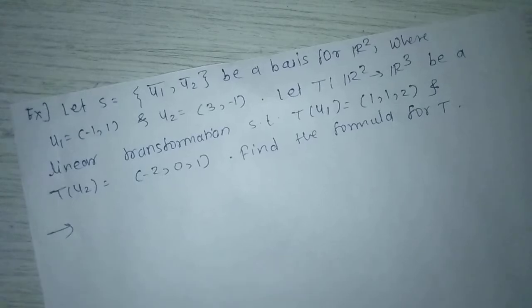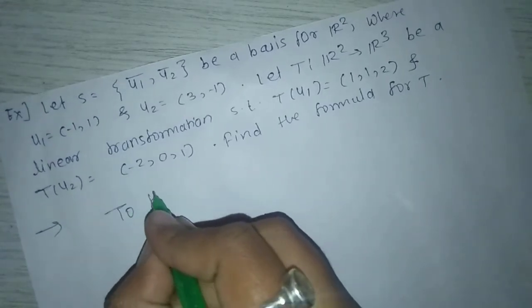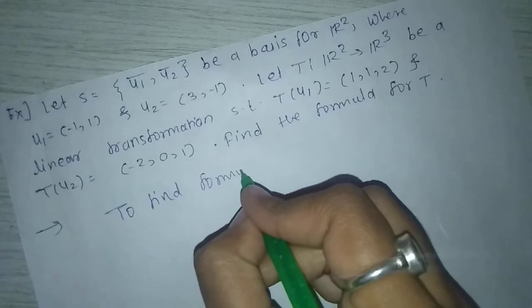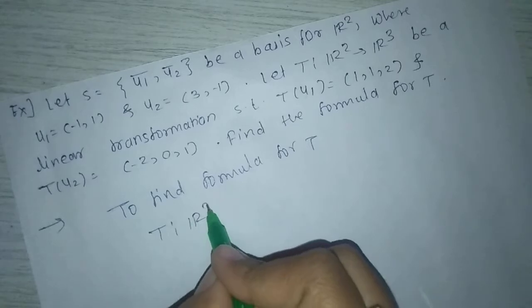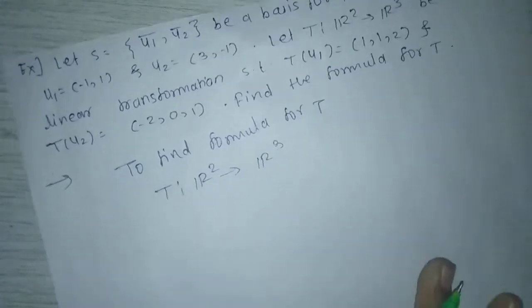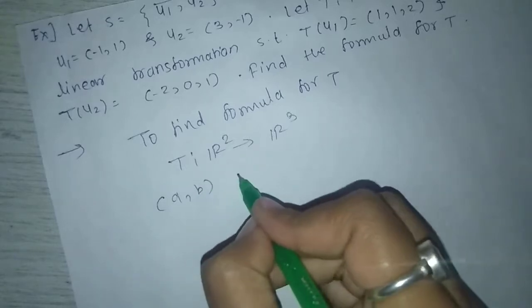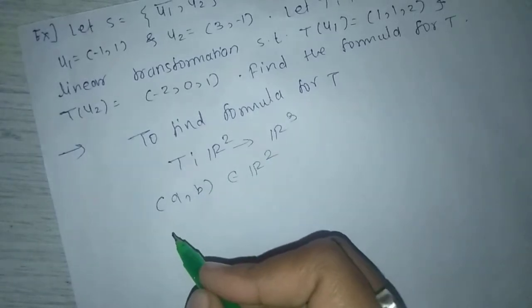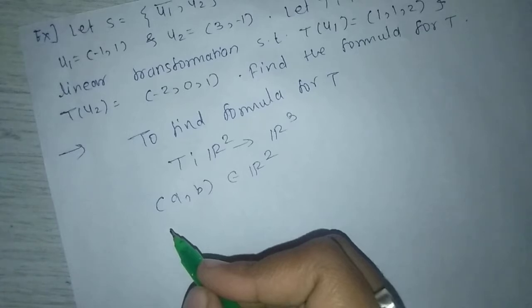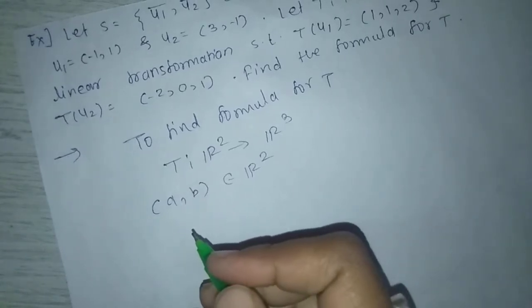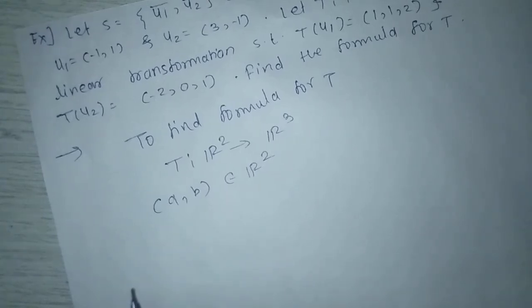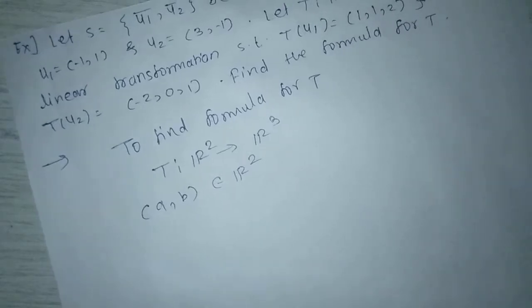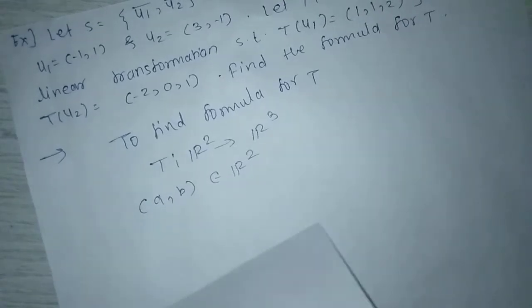First, to find the formula for T, consider an element from R2, means let us consider (a, b) belongs to R2 such that... actually we want to see one remark for this example. Just a minute. For this example, first note,